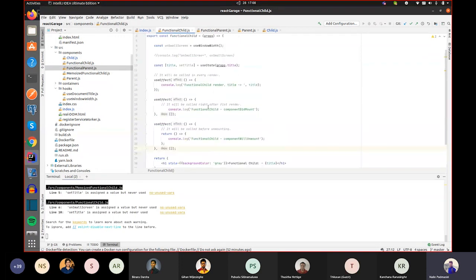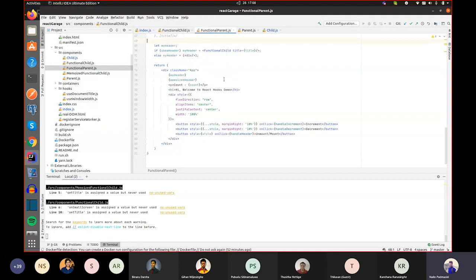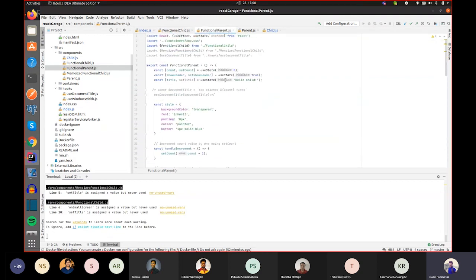I have used the useEffect hook, as well as the useState hook here. I will simply explain what the useState hook is. You can destructure the return value in an array like this.